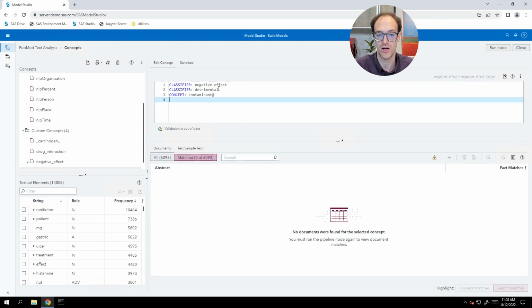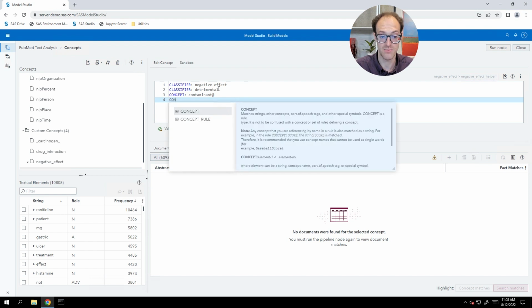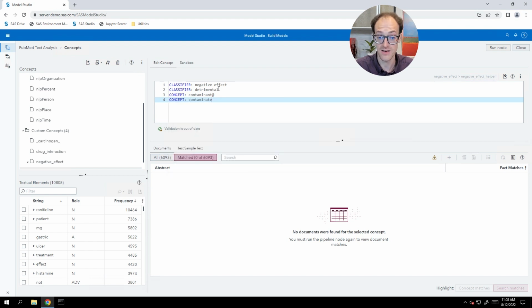Contaminants, that's probably the only other variation. We also want concept, contaminate, with another at symbol afterwards, because we might want contaminates or contaminated.